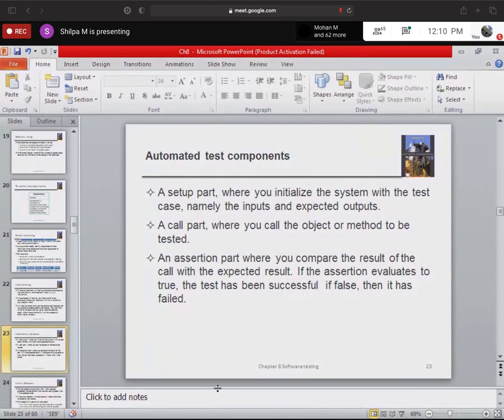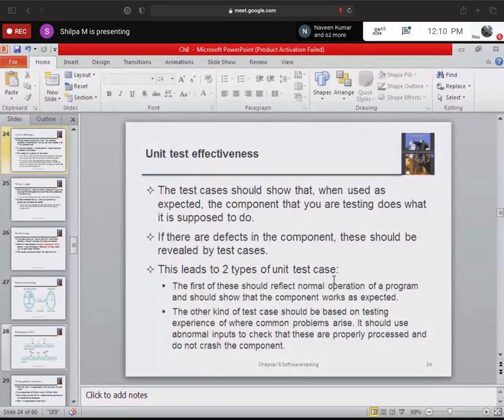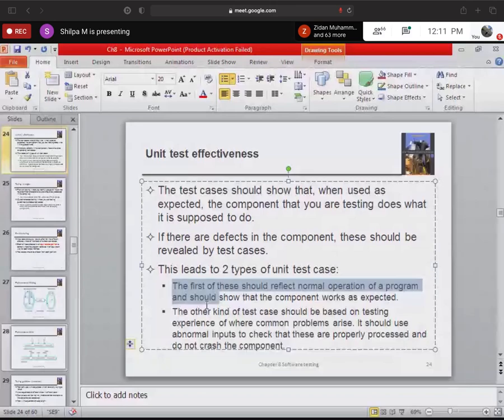Okay, can I continue further? One thing you have to remember is there are two types of unit test cases.